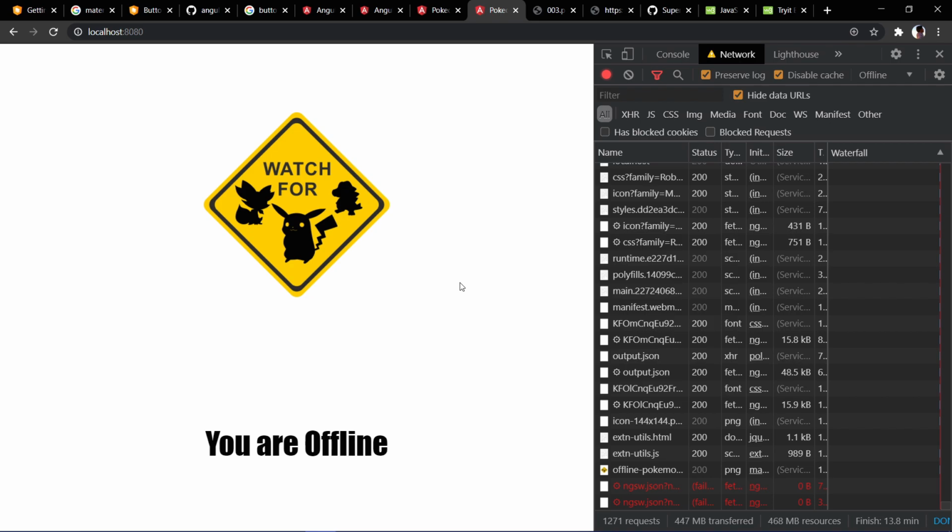The best part about PWA is not the offline mode. That is one of the best parts about PWA, but the most important part about PWA is that it works everywhere. So the next section would be that we'll try to make this application work everywhere. And before that, we need to make this a complete PWA by deploying this application onto an HTTPS server. So that's what we'll be doing next, followed by trying to access this application in all different types of operating systems and all different types of devices. That's what we'll try out.